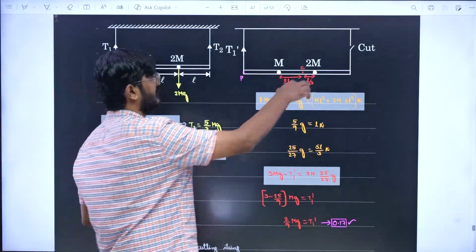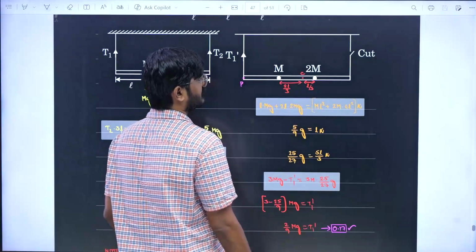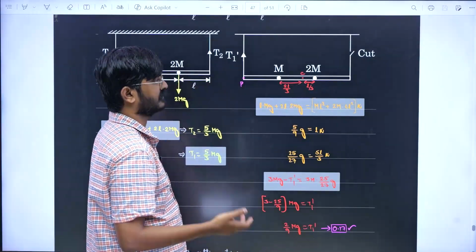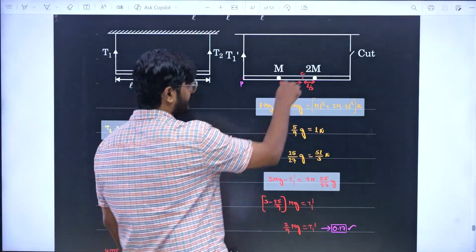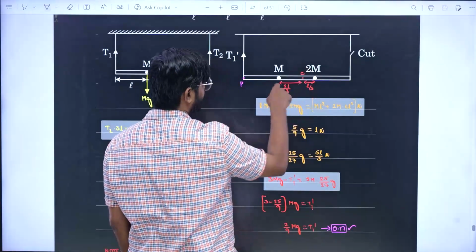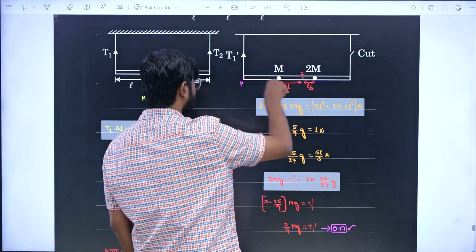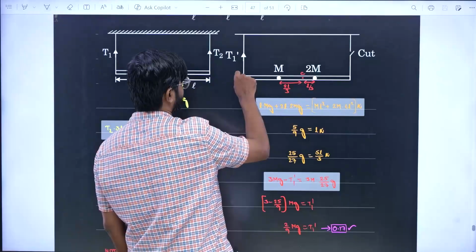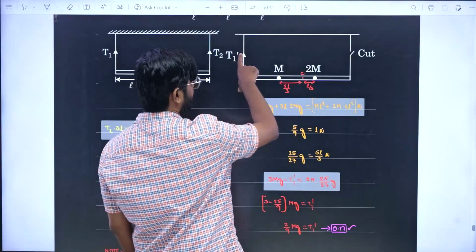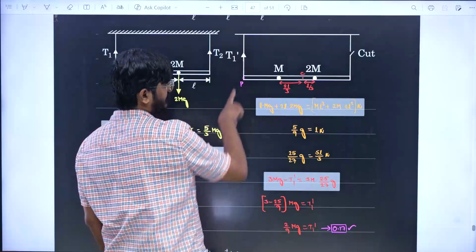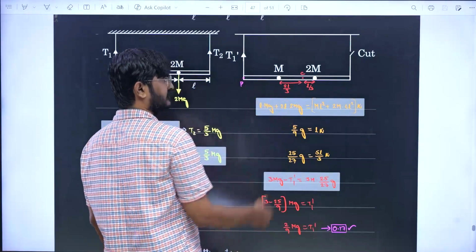Then after cutting, generally you should be careful about this because if you are taking torque about any point, then you may have to include torque due to pseudo force if it is accelerating. If you notice carefully, the center of mass can go only vertically downwards because mg is there and tension is there, and about the center of mass torque is going to be this way. So this particular point, if it is having an acceleration, that can be only the acceleration of the center of mass and acceleration about the center of mass. So this particular point can't accelerate this way. So this point is not accelerating, so you can take torque about this point,